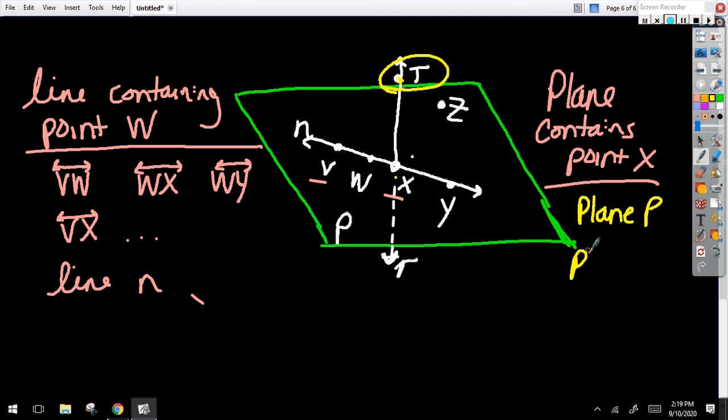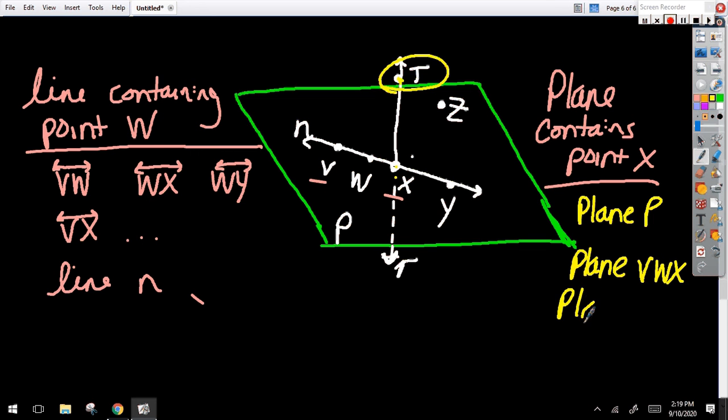Or I could name it plane. Remember the 3 points, right? And I want it to contain X. So let's see, X is on the line and it's in the plane. So whatever plane I name, it's going to contain X as long as it's these that doesn't have the T in it, right? So it could be plane